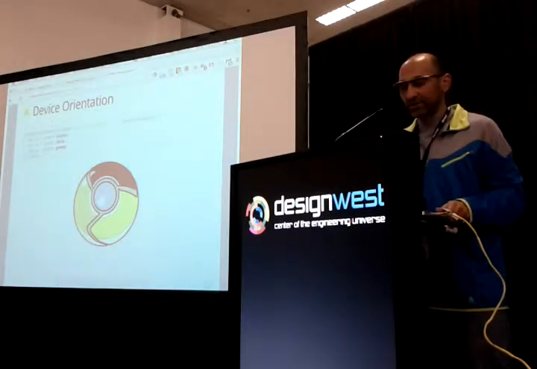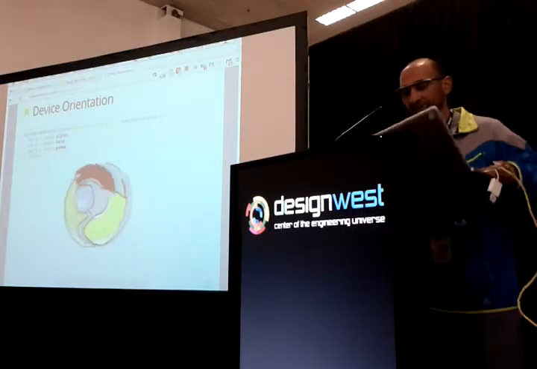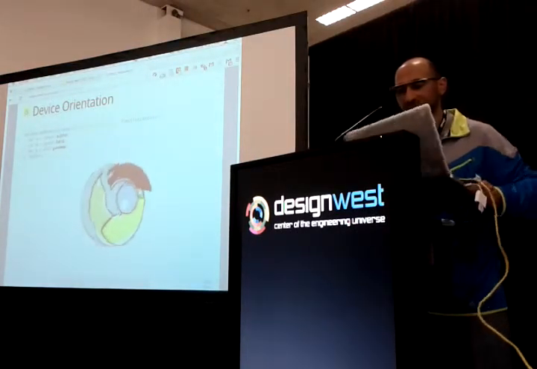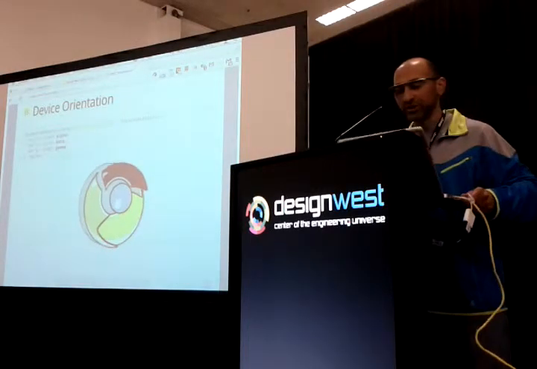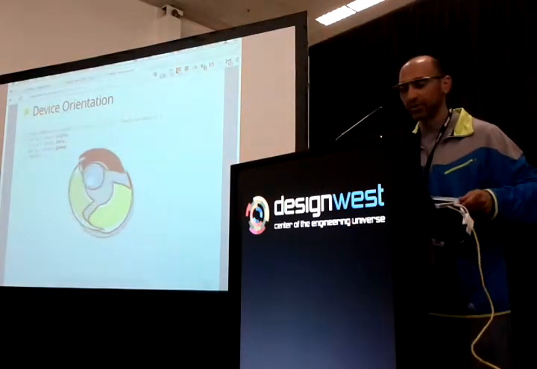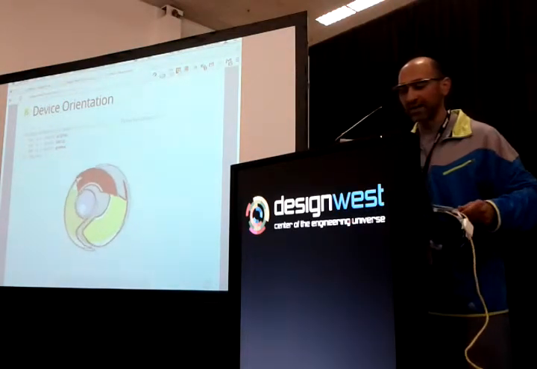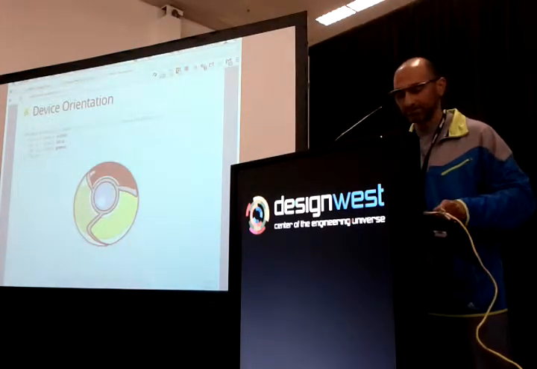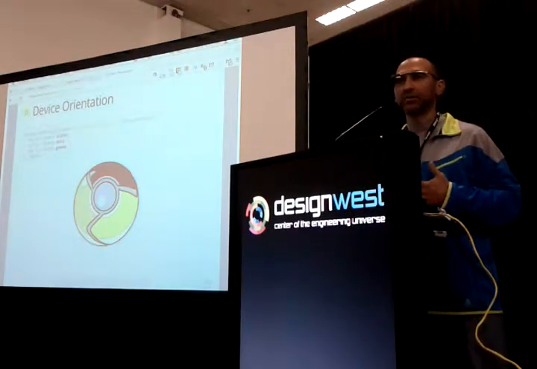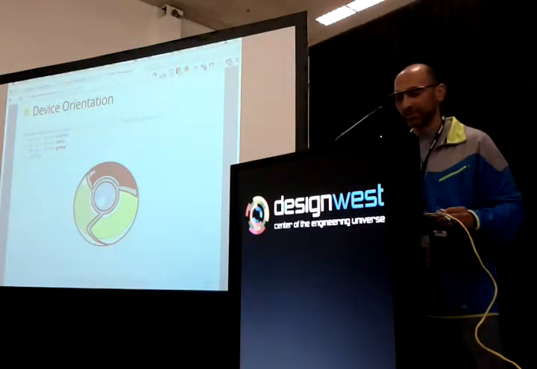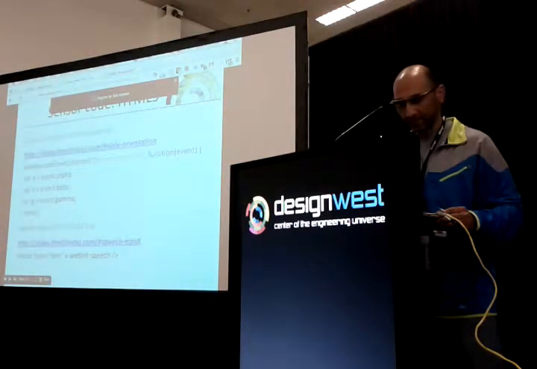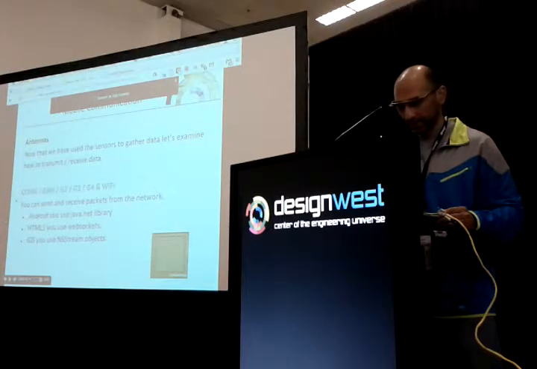So this is a bit of JavaScript running. Oops, sorry. And as you can see, it's reading my device orientation, and the JavaScript is running in the browser, and the browser is talking to the sensor and transforming the information, right? So now in the browser, I'm talking to sensors. All right. So let's go back.